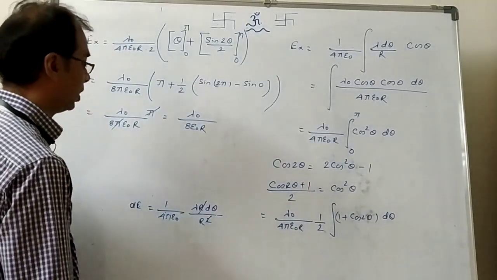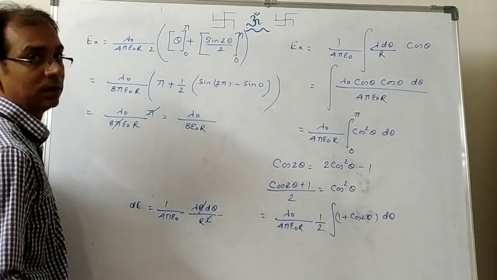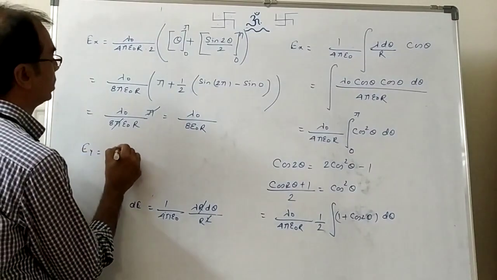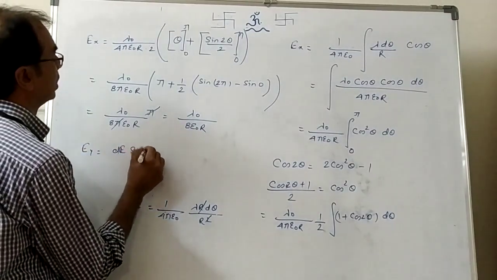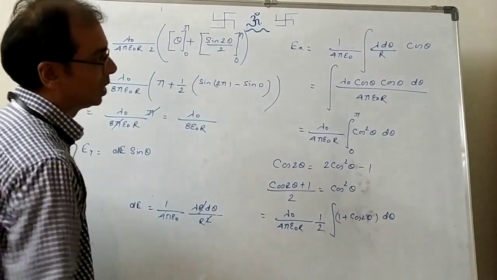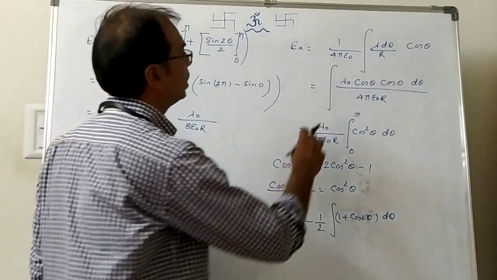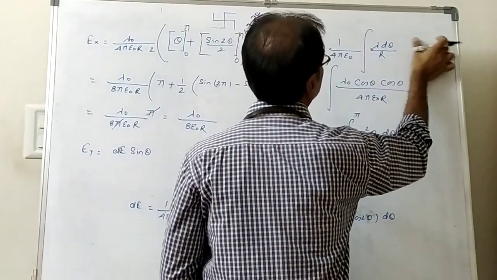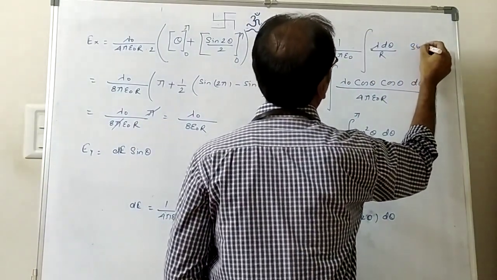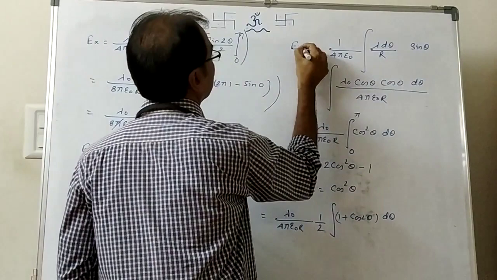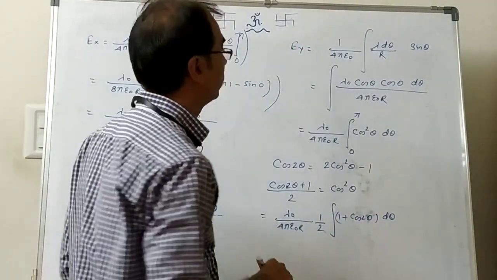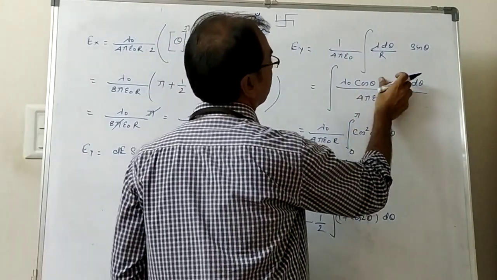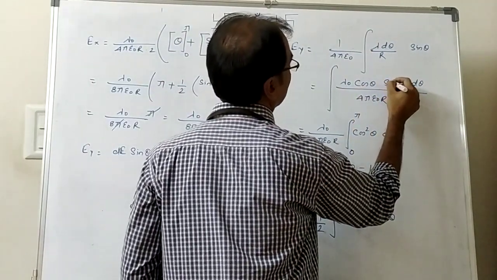Same way vertical component is also there. What was vertical component if you remember? dE sine theta. Okay? Ey. What was Ey? dE sine theta. Okay, so we are going to change in this one only. What is dE? This all is dE. So here will come what? Sine theta for y component. Place it here. This is y. Right? Then lambda naught cos theta is value of lambda. So this cos theta will be written as sine theta.